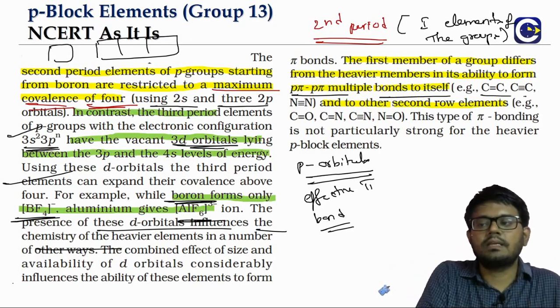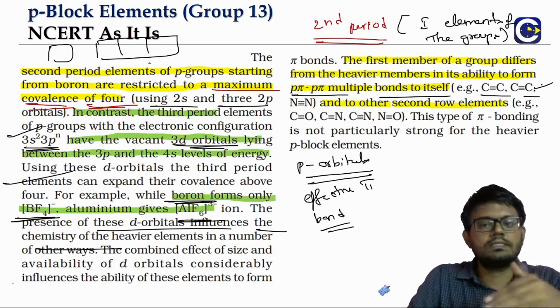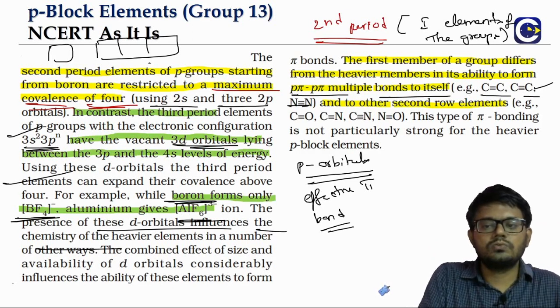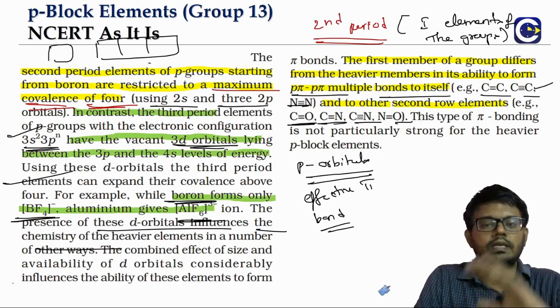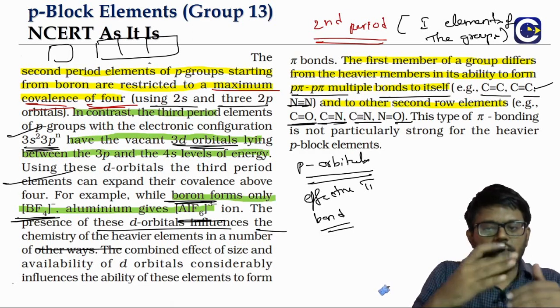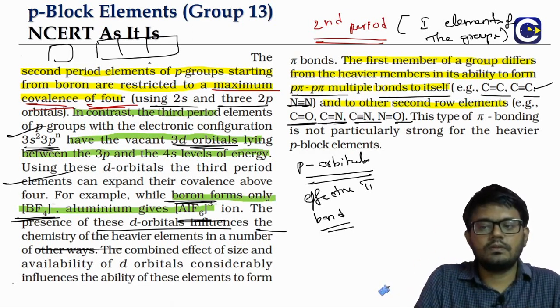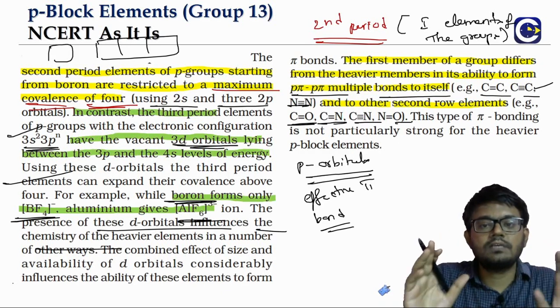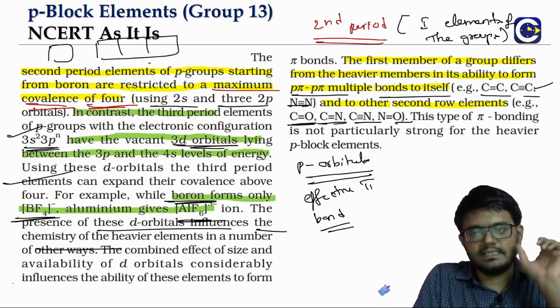Like you can see, carbon can form a double bond, which means 1 sigma 1 pi. A triple bond means 1 sigma 2 pi bonds. Nitrogen also, same way. We can have carbon-oxygen, carbon-nitrogen, nitrogen-oxygen. We can have the pπ-pπ multiple bonds formed between atoms of the same element or atoms of different elements also. But this is the characteristic feature of the second period elements, because they are all small in size.